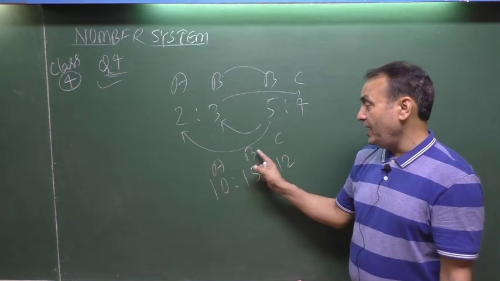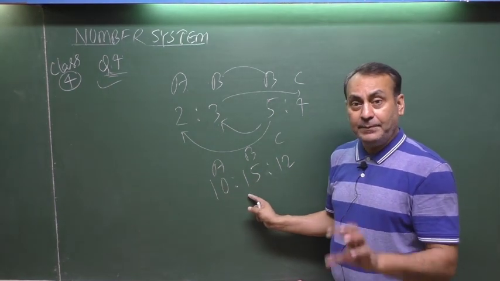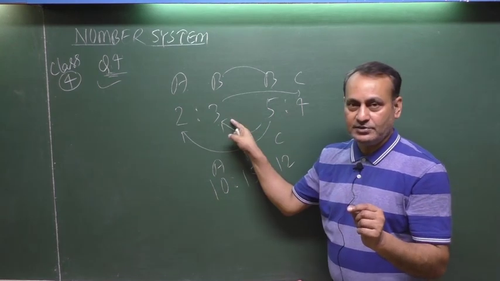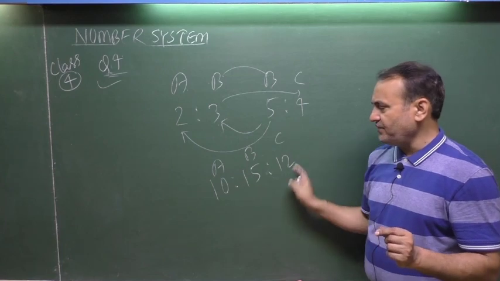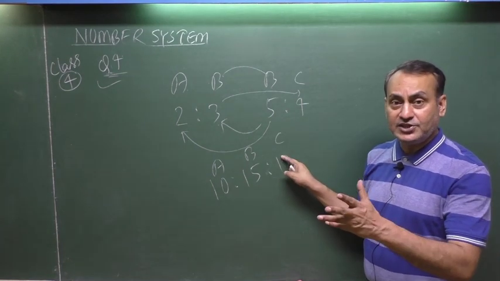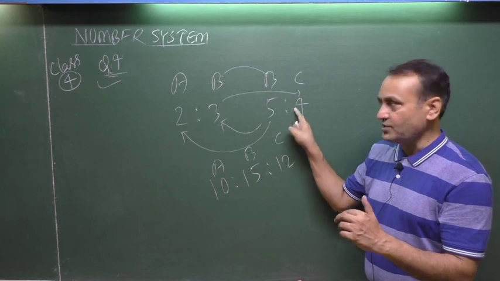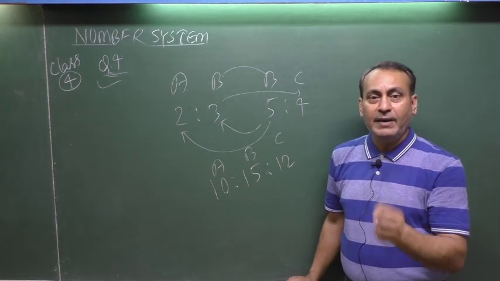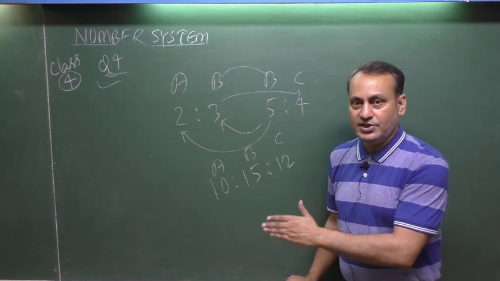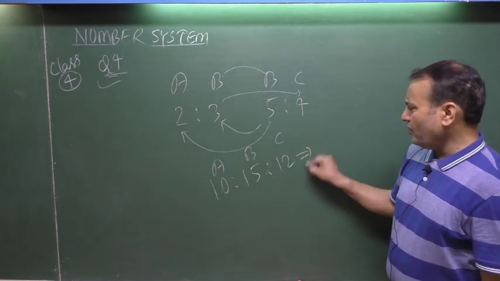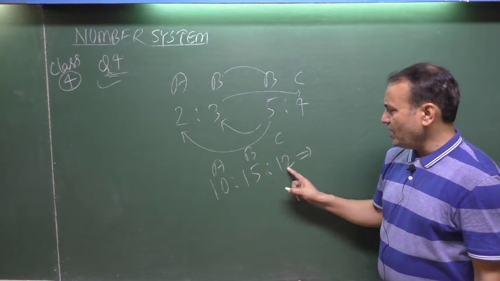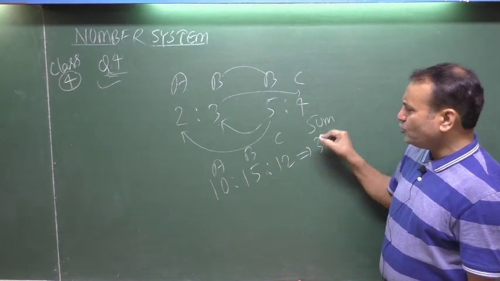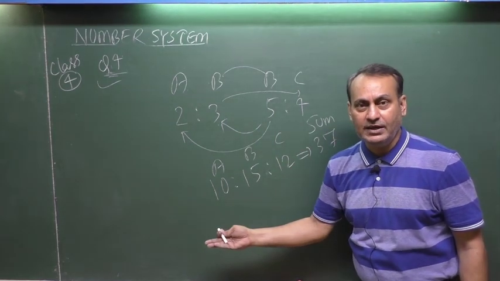If you point out bifurcately, the ratio between A and B is 10:15 here. After cancellation by 5, 5 2s are, 5 3s are, you get this. The ratio between B and C is 15:12 here. After cancellation by 3, 3 5s are, 3 4s are. Okay, that means this is perfectly a right combined ratio of A, B and C. Okay, now 15 plus 12 equals 27 plus 10 equals 37. This is your sum total of all the three numbers A, B and C.